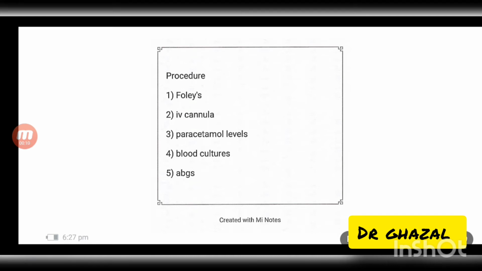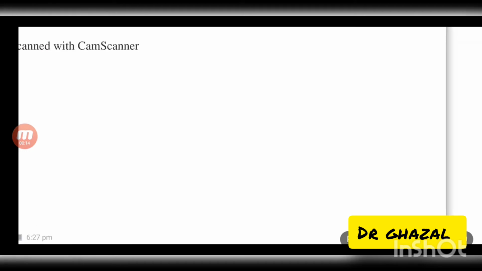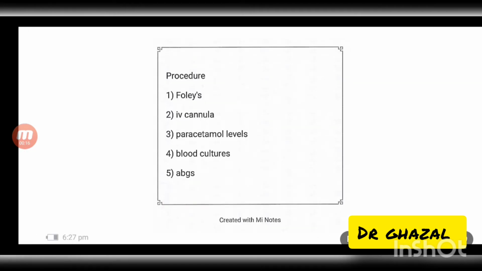As I told you, there is always one station from the procedures. So these are the procedures that are coming nowadays in the exam. After COVID, the number of procedures has been reduced, and only these five procedures often come in the exams. Number one, sometimes there could be a procedure with urinary retention, and you have to pass a Foley's catheter to the patient. Secondly,